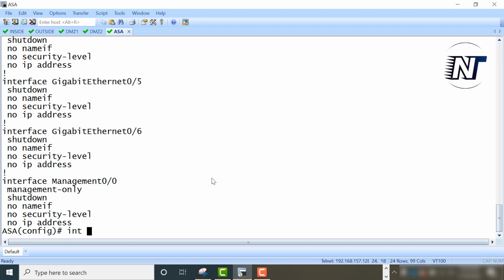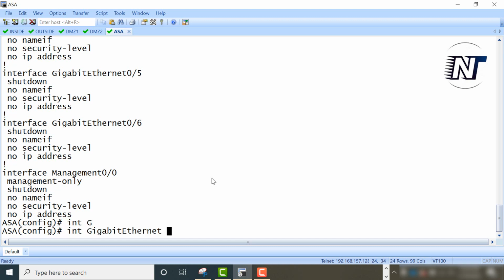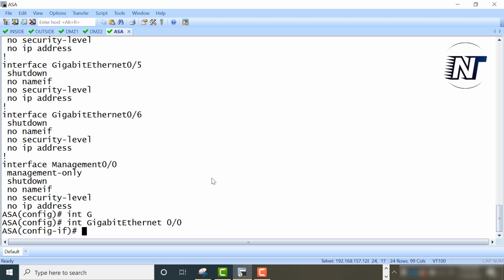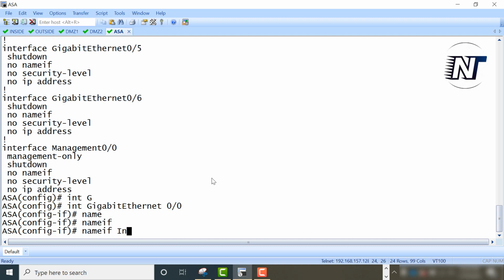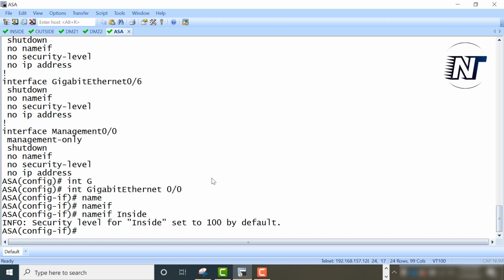Interface gig 0/0, nameif inside. As soon as you put the inside, it will set the security level to 100 by default. Any name except the inside, it will set the security level to 0 by default.